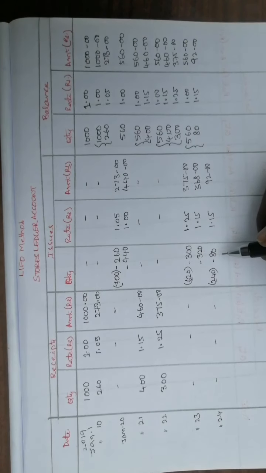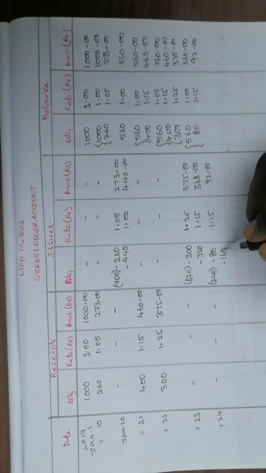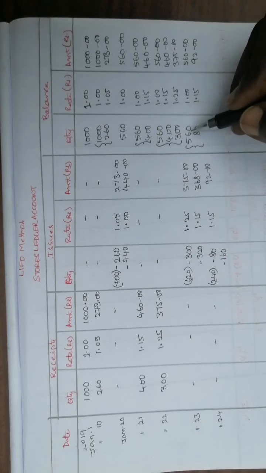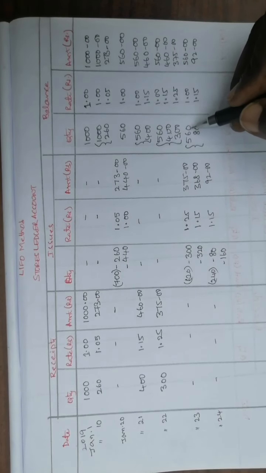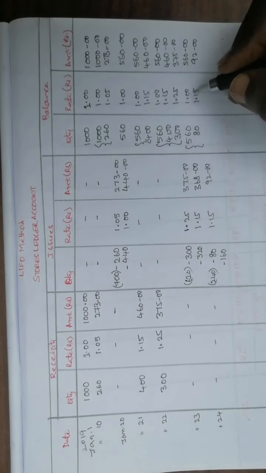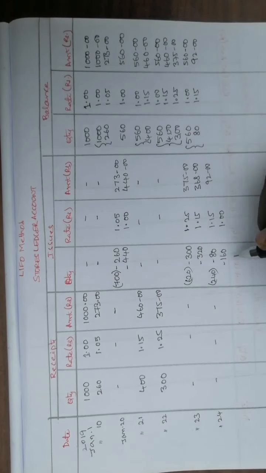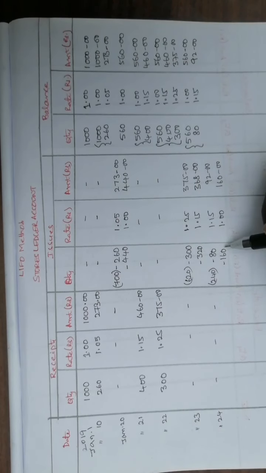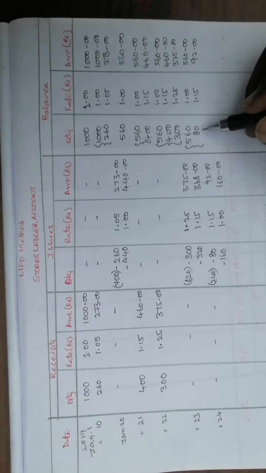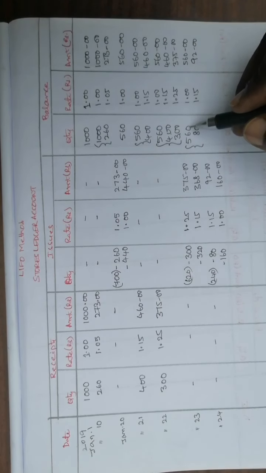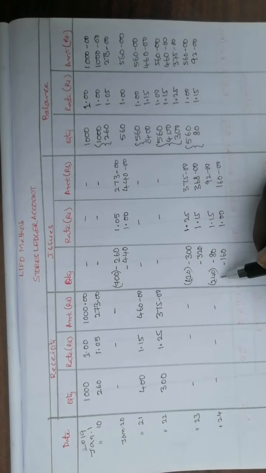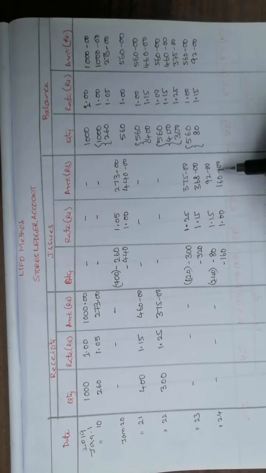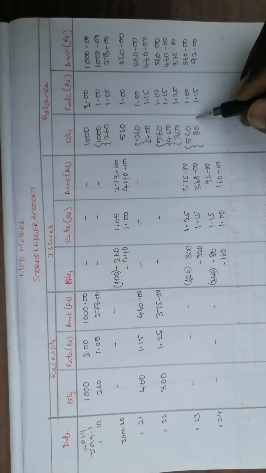Now out of 240, 80 are taken, so how many left? 160 required. These 160 units you have to take from the previous one. So out of 560, now issue 160 at the rate of 1 rupee, which means 160 rupees. Now this 80 plus 160 is equal to 240. 80 taken from the last one. Before that we have 560. Out of 560, 160 taken. Together it is equal to 240. And 1 rupee 15 paisa is the rate here, 1 rupee is the rate here, and the values are these.